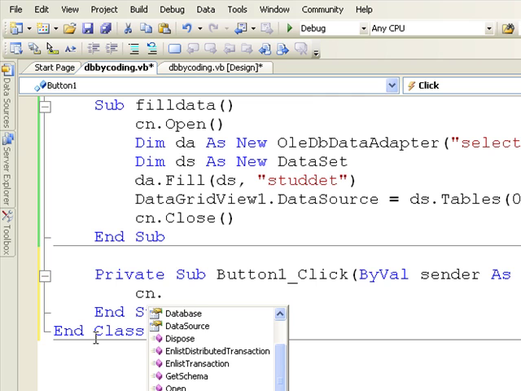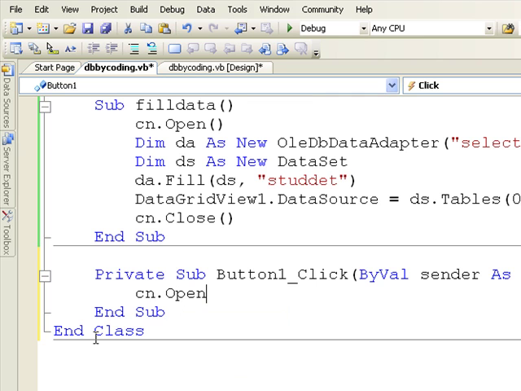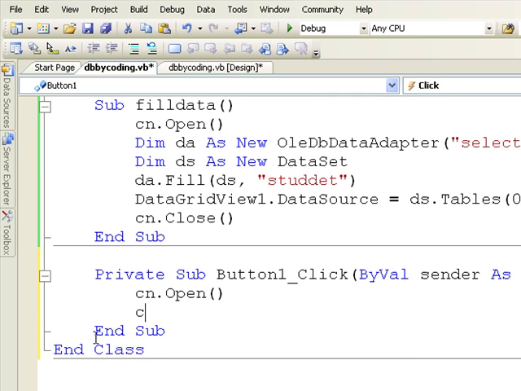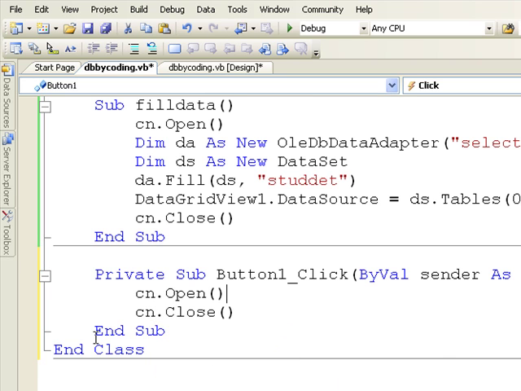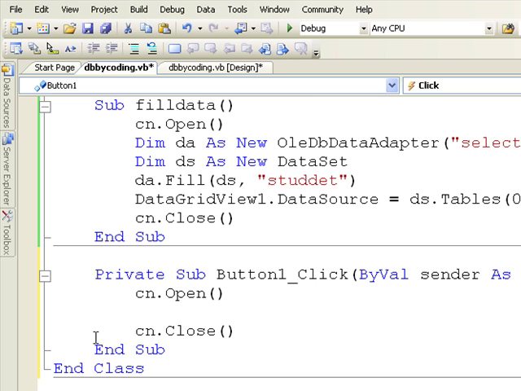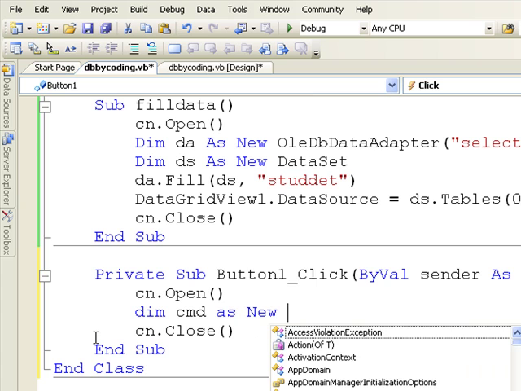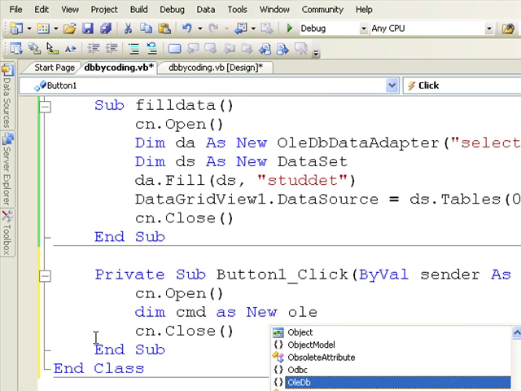cn.open is the basic thing that everyone has to use. Connection open, then connection close, same important object. We are performing insert, update, delete. When we perform insert, update and delete processes, we use one more useful object, called command, cmd. Dim cmd as new OLEDB command, my friends. OLEDB command